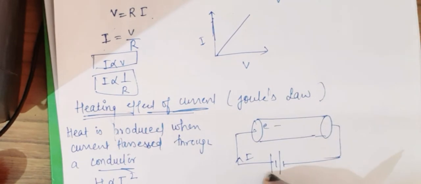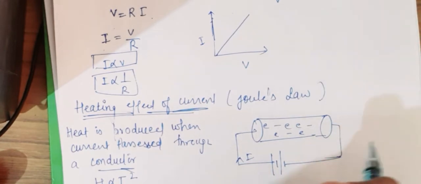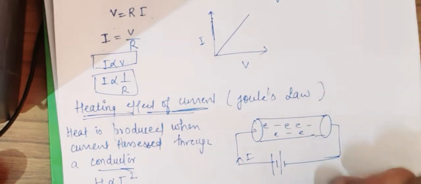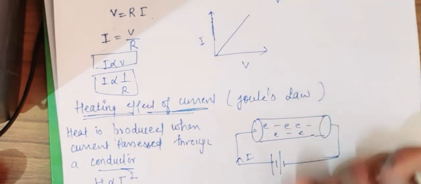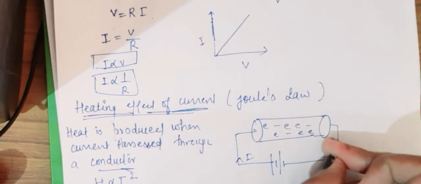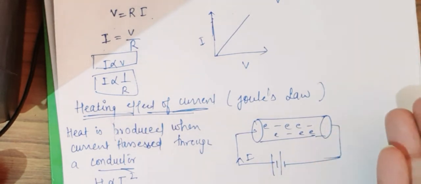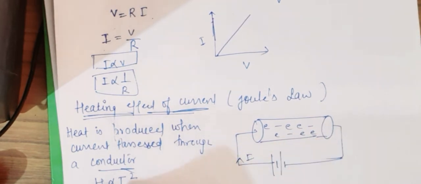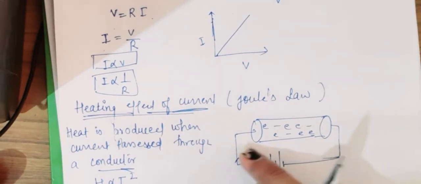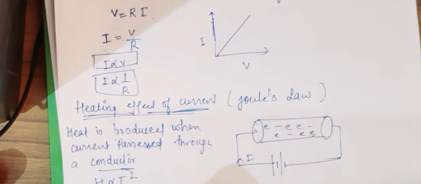As we know, if current is provided, the electrons get higher velocity. As we provide more and more current, the motion of the electrons becomes higher, as we move to higher velocity. So there is collision, and as we provide more current, more collision occurs. So resistance is also increased as we provide more current to a circuit. So H is directly proportional to R.